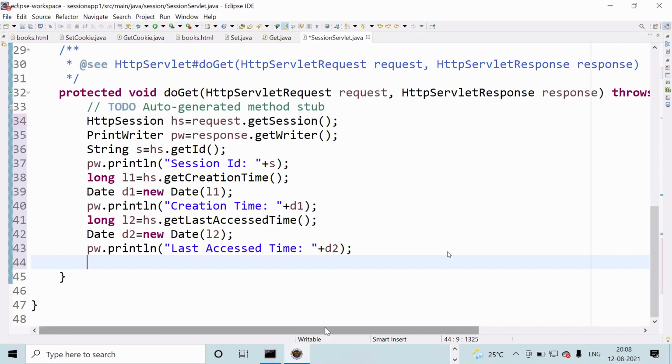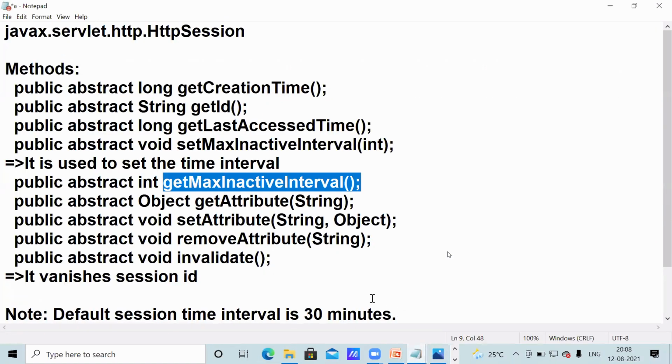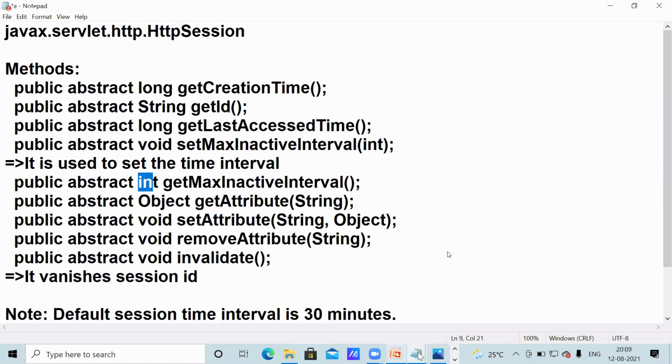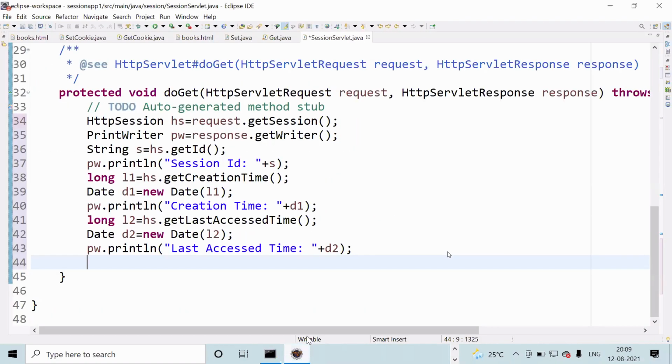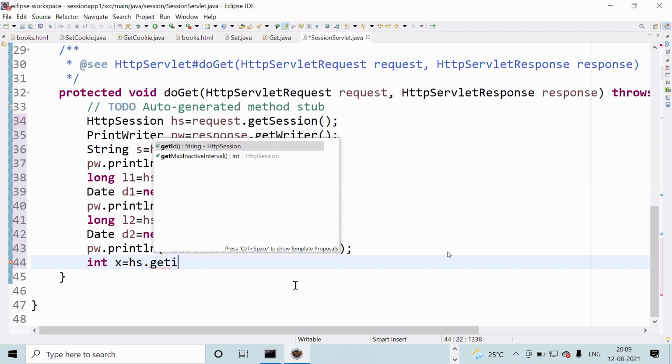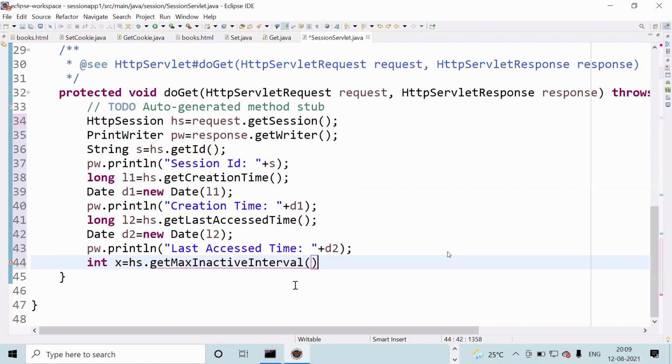Now see, getMaxInactiveInterval, what is it returning? getMaxInactiveInterval returns an integer. Now int x equal to hs dot getMaxInactiveInterval.